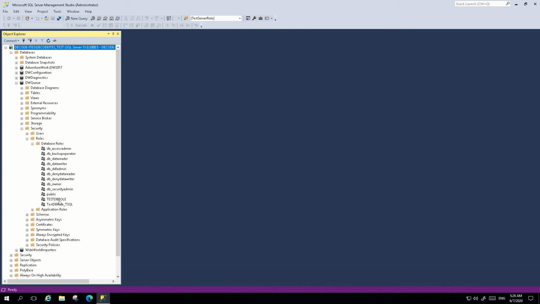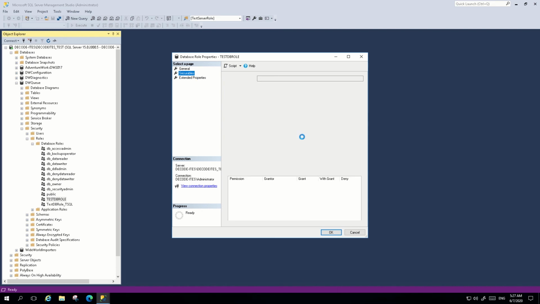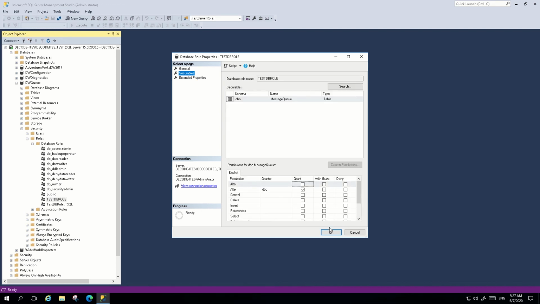Next is altering a database role. To alter the role, just right-click on the role and go to Properties. You will see the same window that we saw at the time of creation. All properties and configurations are the same. You can make the required changes as you wish, like change the owner or schema, add new role members, add new securables, and you can click OK.